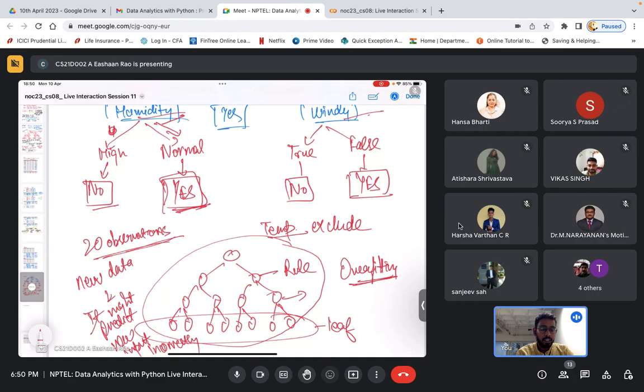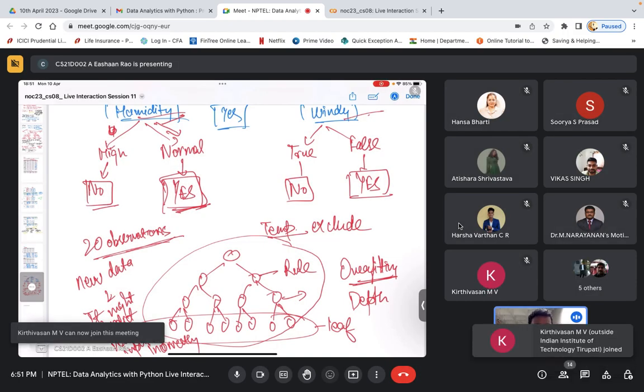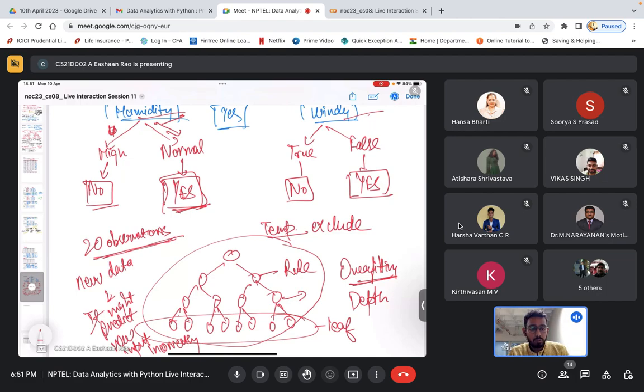Okay, so in this kind of thing, we don't want to overfit the data. We don't want to learn each and every aspect of the observations. We just need a higher observation value. So at that point of time, the depth of the tree will be defined. The depth of the tree is defined when you're trying to create a threshold. If I have 20 observations, then once I'm creating the rules, I will check the number of observations that I'm considering within that